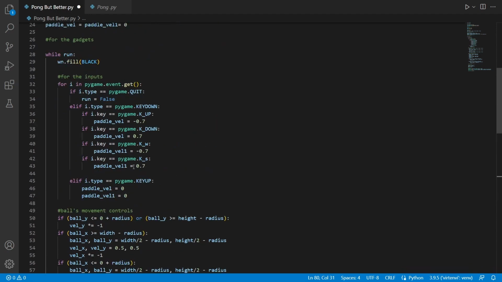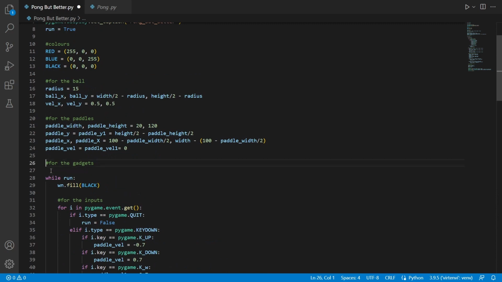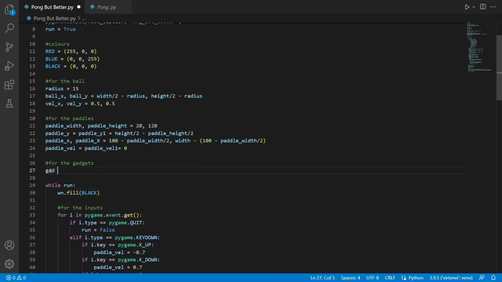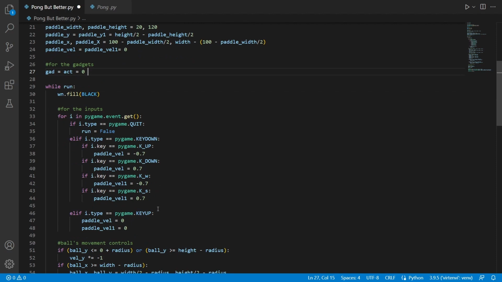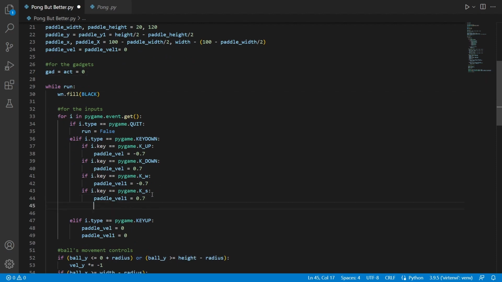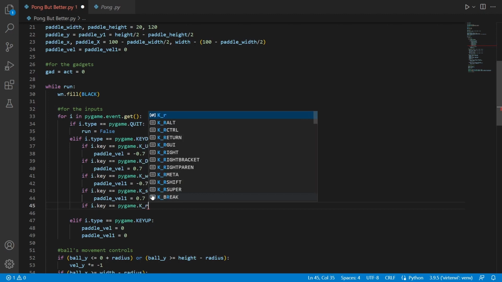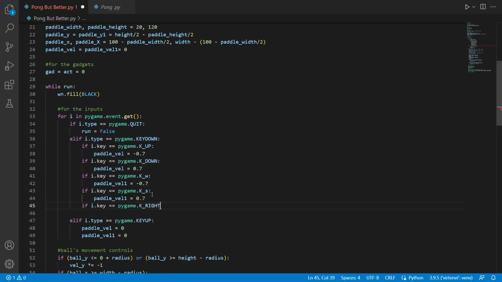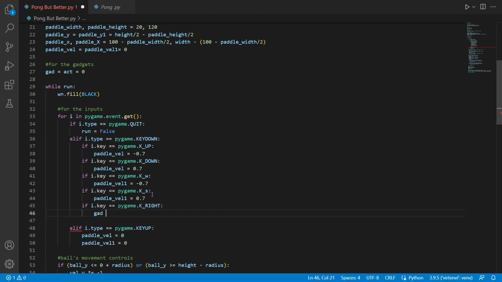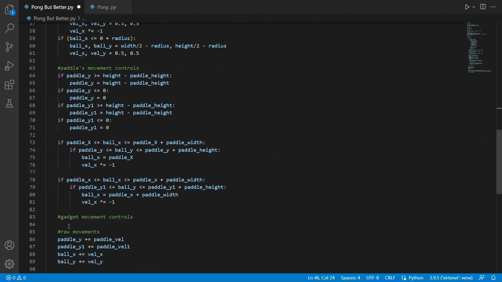Like that. So I'll go to the section that we created earlier, and I will define two new variables named gadget and activation. These two are considered activation variables, which trigger the gadget to be activated, and in order to trigger the gadget, we will need an input statement, and the input will be idle key, which will be equal to pygame.K_RIGHT, which indicates the right arrow key. So if the right arrow key is pressed, then we can trigger the gadget. So if the gadget is triggered, what is supposed to happen here is